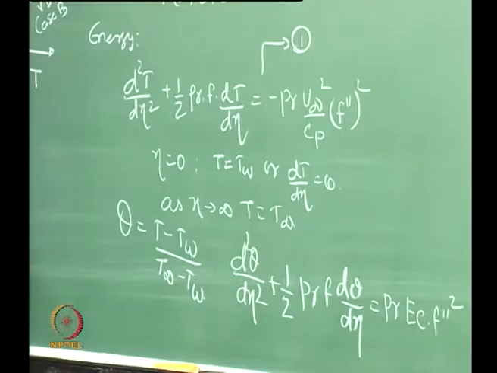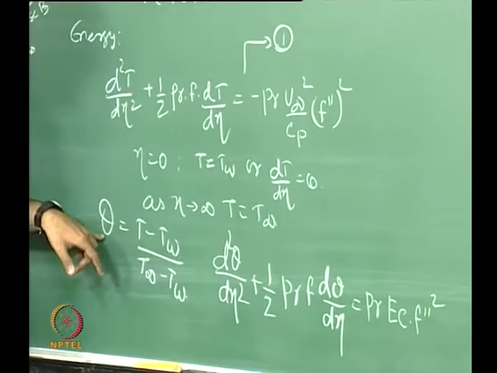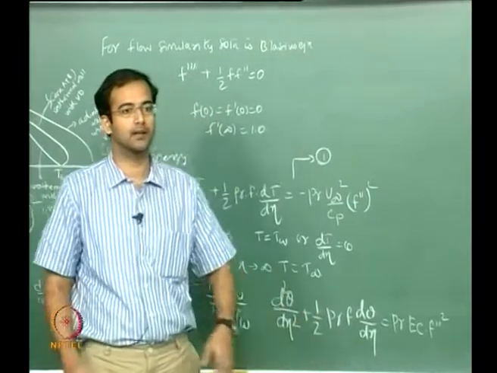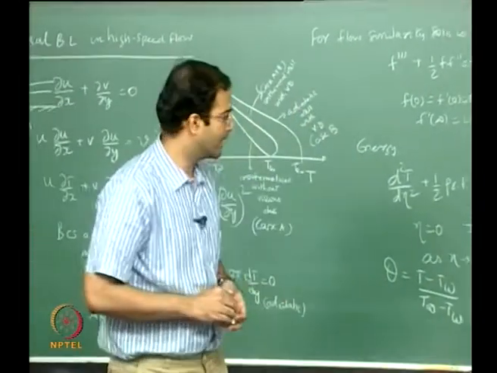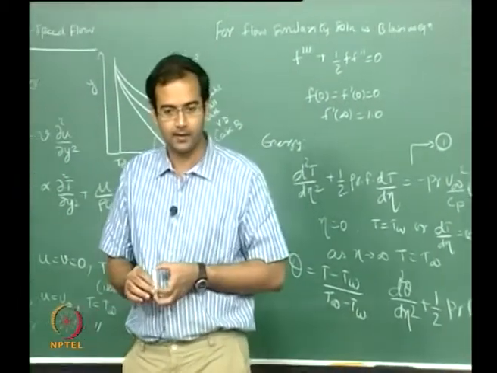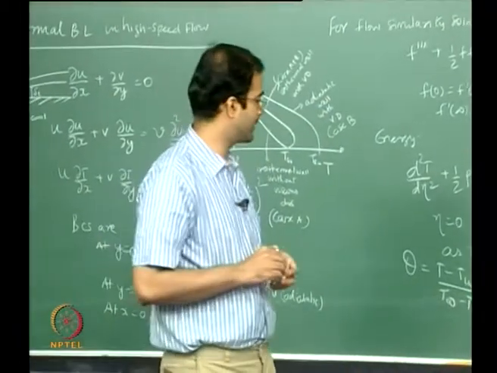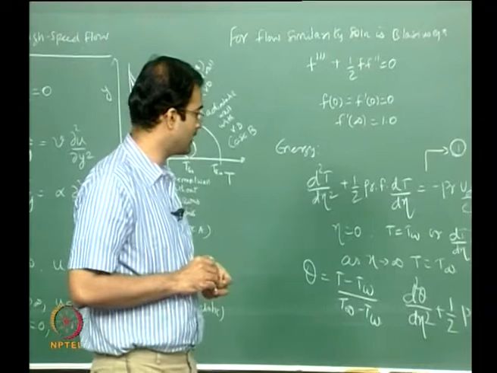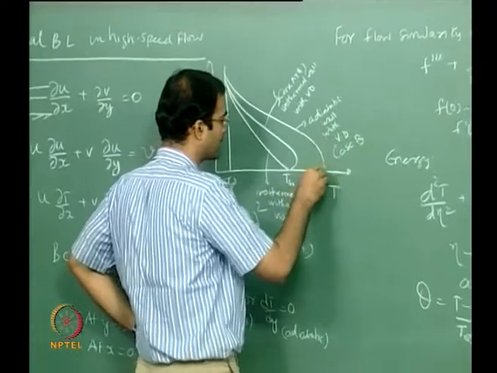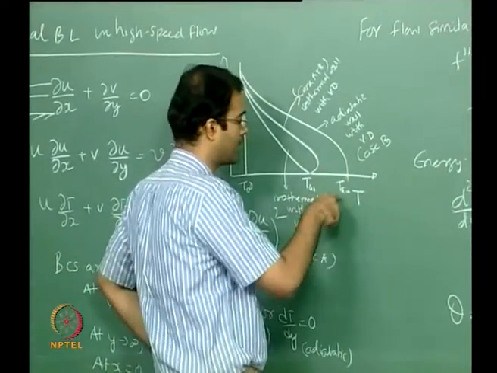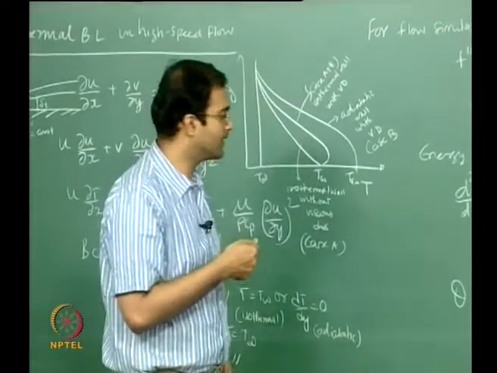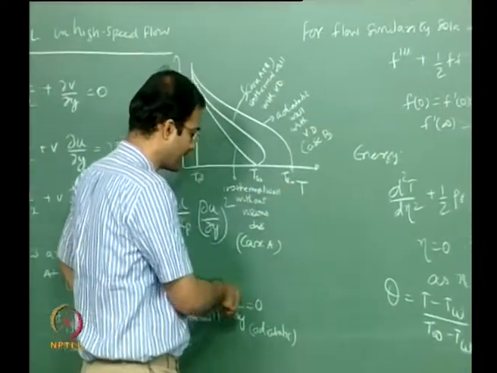Okay, so this will become your non-dimensional form in terms of theta defined this way. Of course, you can solve this by the shooting technique just like any other ODE that you had seen before, and you can get the solution for theta. But we are not interested only in getting the temperature profile or the slope of the temperature at the wall; we are more interested in knowing what happens if you put an adiabatic boundary condition at the wall, and what will be the value of this adiabatic temperature.